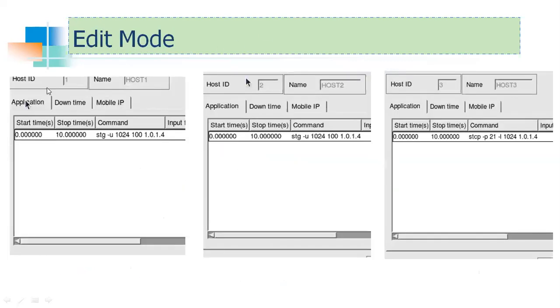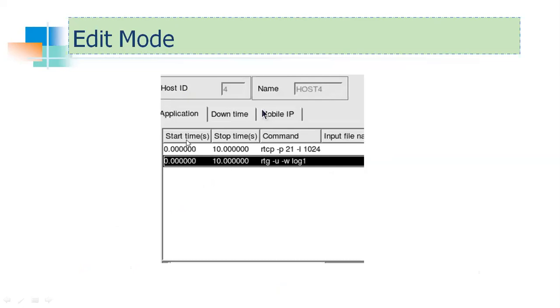This is host ID 1, this is host ID 2, this is host ID 3. In sender 1, we have put a 0 to 10 UDP command. In sender 2 also a 0 to 10 UDP command. In sender 3, we have put a 0 to 10 TCP command. And the receiver has an IP address, this. In the receiver, you can put 2 commands because one is TCP and one is UDP, and both are at the same time. There is no necessity to put a third 0 to 10 command, because anyway, this command will do that job from sender 1 and 2. This is UDP, this is TCP, this is the receiver, host ID 4.